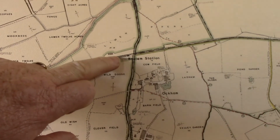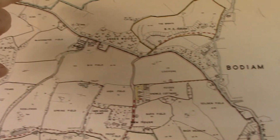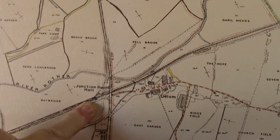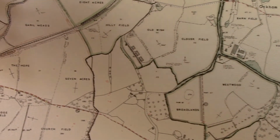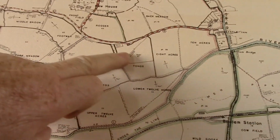Here's Bodiam station, and you can see how the farms were spread all over the area, and also around what was Junction Road Halt on what was the A229. All the individual farms had their own allocation of people, but this section here now,